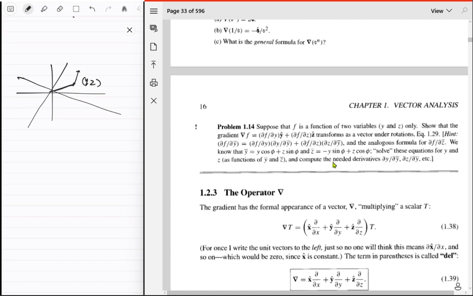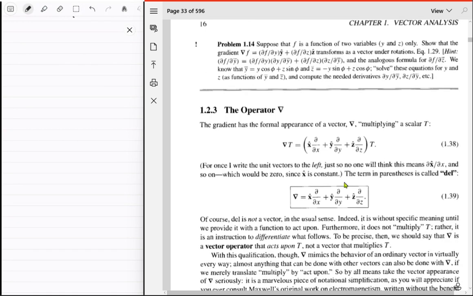And then the unit vectors that we're talking about, right? In this case, the new gradient that we are seeing is not just partial f upon partial y bar, y hat, plus partial f upon partial z bar, z hat. No, it's partial f upon partial y bar hat. It's a different thing, right? Yeah, it's definitely a different thing. Well, whatever. For now, we won't do this because it's unnecessary and not general. Anyway,